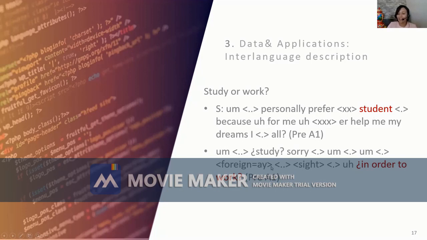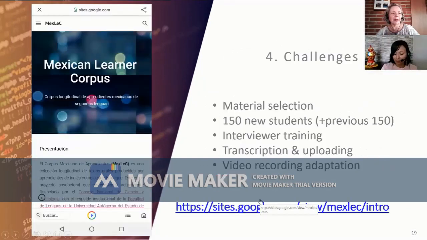And in the second sample, what I found interesting is the way the learner is trying to answer this question. And instead of using isolated words like the first one, he or she is using a chunk that suddenly she or he remembered. So yeah, and we started a bit to talk about the many challenges that we have faced during